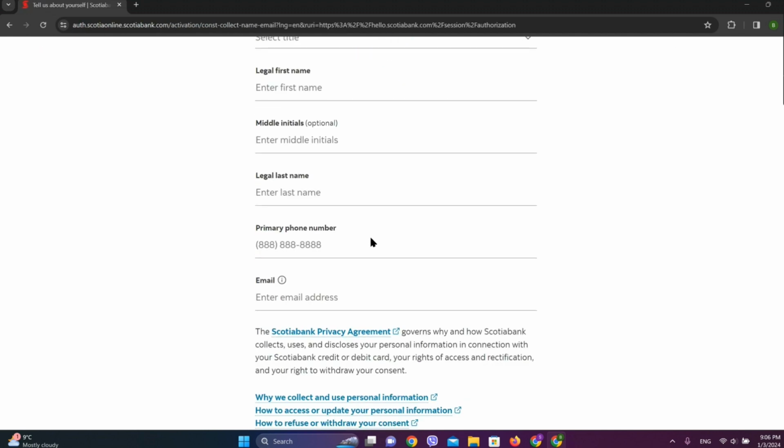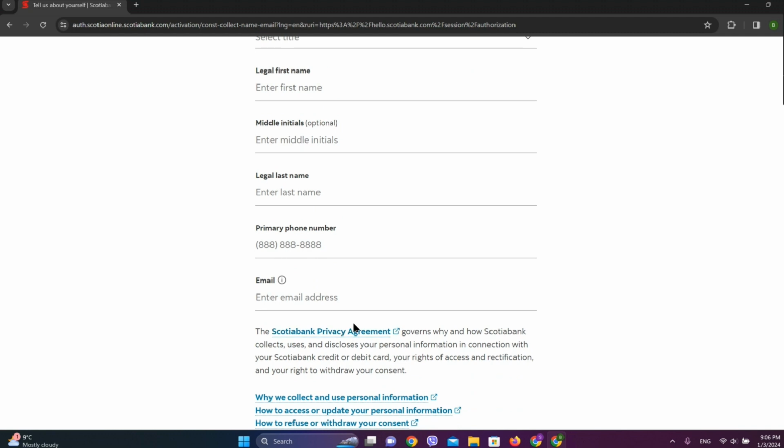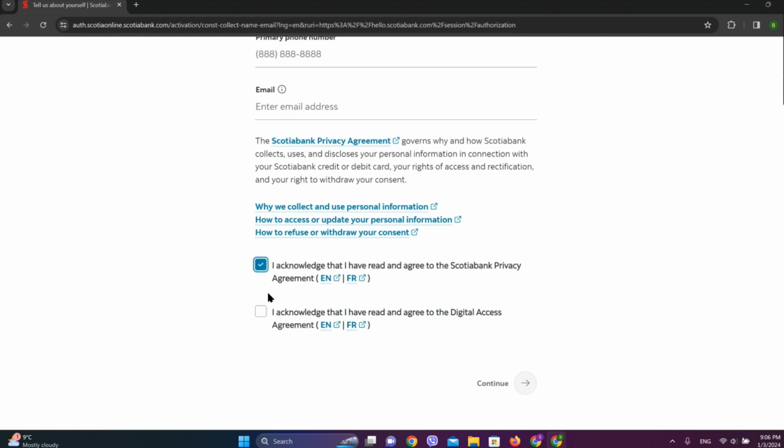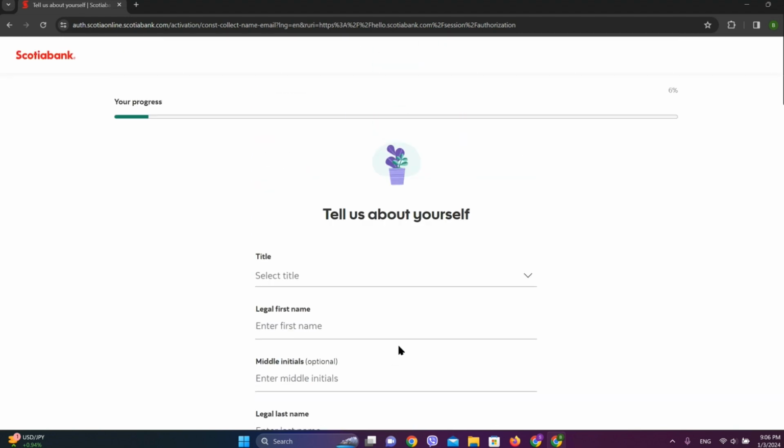Now we need to enter our details here. At first we need to enter our personal details, that is our title, first name, last name, phone number and email address. And we need to tick mark on all of this to confirm the terms and conditions and simply click on continue. After which we need to enter all the details like our contact details, employment details and